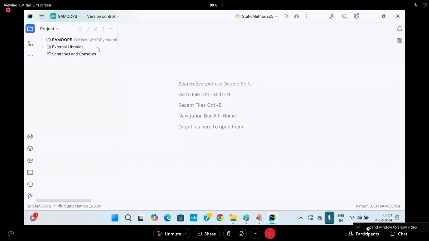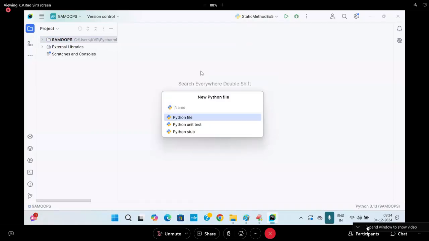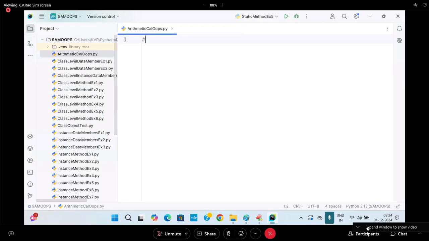So now I'm going to enter into another one. Here I'm going to write an arithmetic calculator using .py. Especially by using a static method also I will use it. The result of any arithmetic operator I want to get. Class Arithmetic, I will take it. Inside of that,